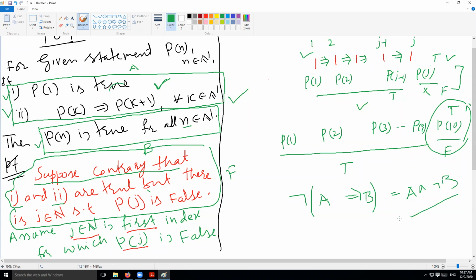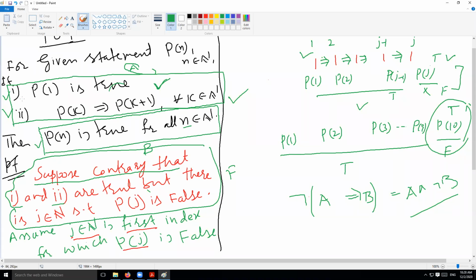That's what you have to assume, and that's what I have assumed. Now the if part, which I keep calling A, I'm saying that is true, and the then part, which I am calling B, is false. That's what I have assumed. And because A is true and A contains both these parts, 1 and 2, I'm assuming that they are true.